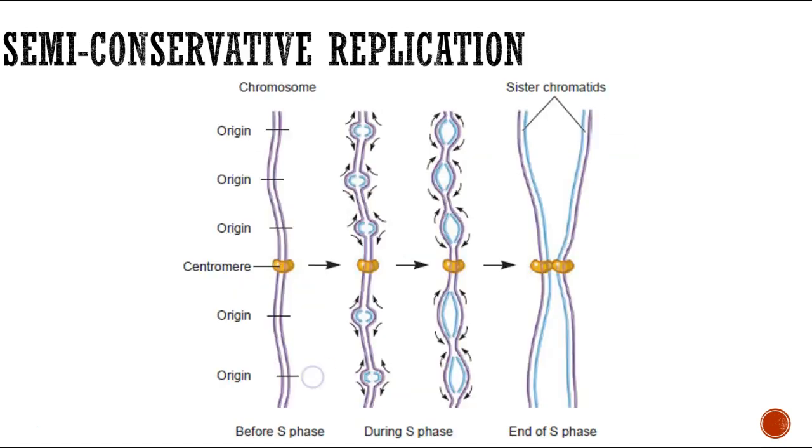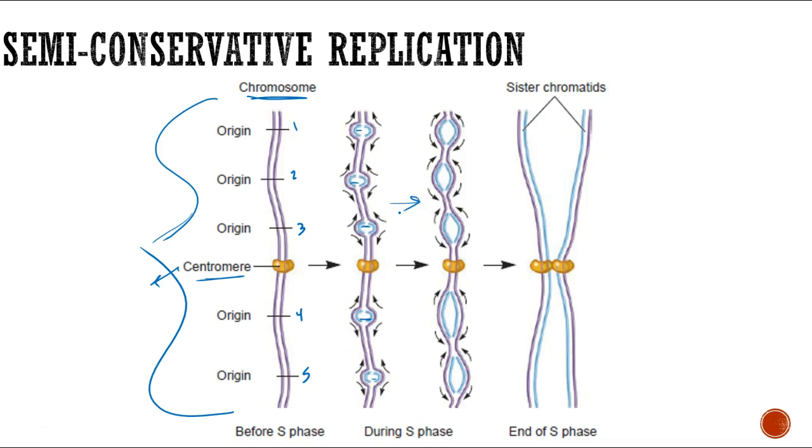Okay. How does that look on a chromosome? If we were to zoom out from that one section of DNA we just looked at and look at the entire chromosome, we know that in the middle of a chromosome somewhere is a centromere. We know that centromere to be the molecule that essentially holds two sister chromatids together, forming the entire chromosome. And in this case, there's going to be an origin of replication here, here, here, here, and here. And so if we can open up these DNA molecules using enzymes, and we can start replicating here, here, here, here, here, by the time we progress this, these are going to work out of the origin